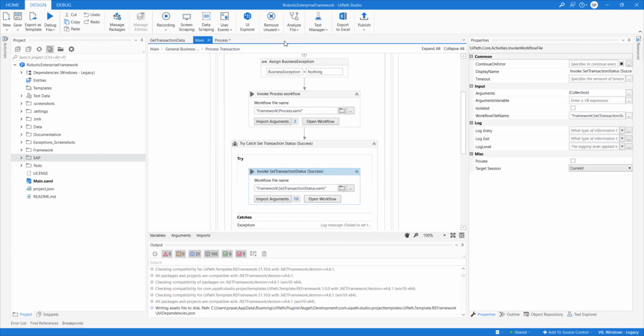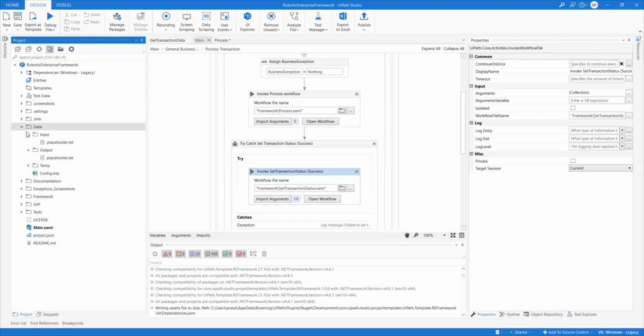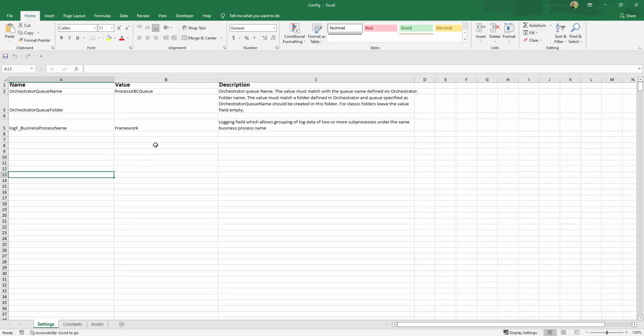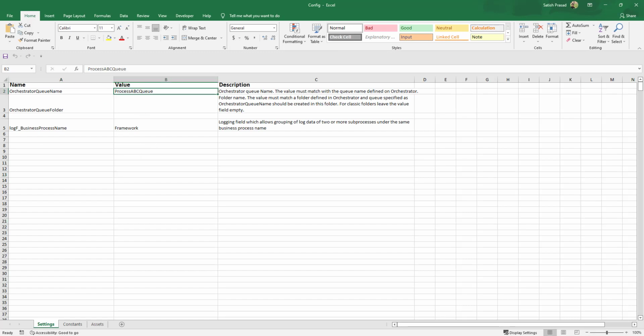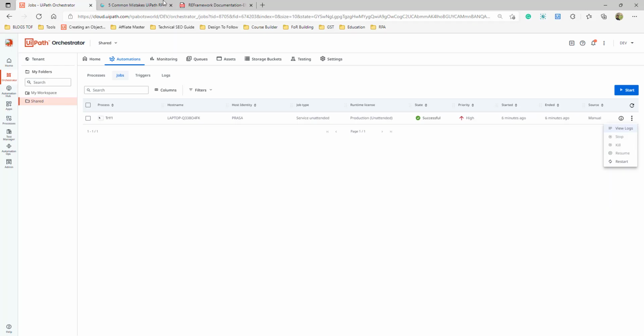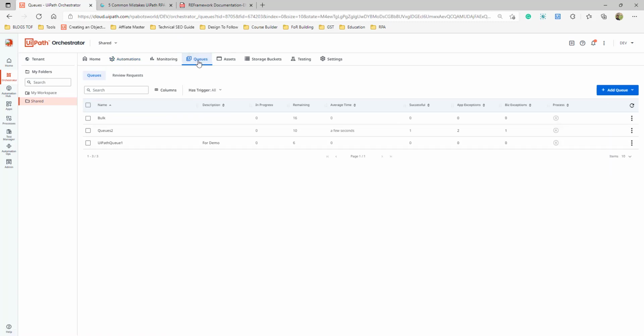So let's quickly do two things here, right? First thing is that we need to modify the config file to use the queues that we designed yesterday. Okay, so we have this queue, and we created a queue yesterday. So let's look at this queue. And what we can do is use this queue number 2.